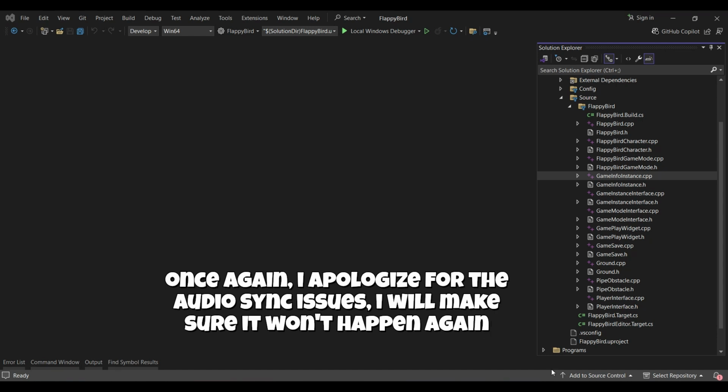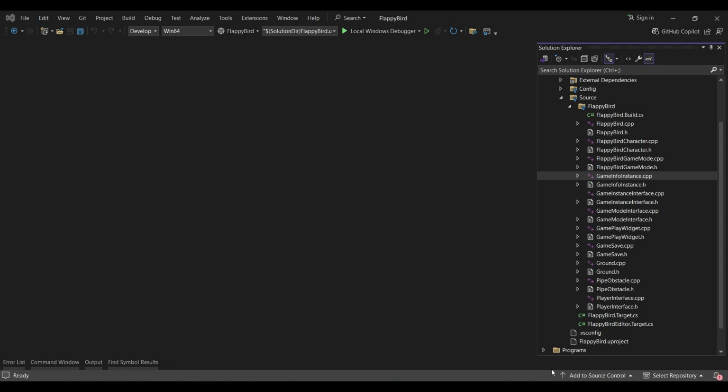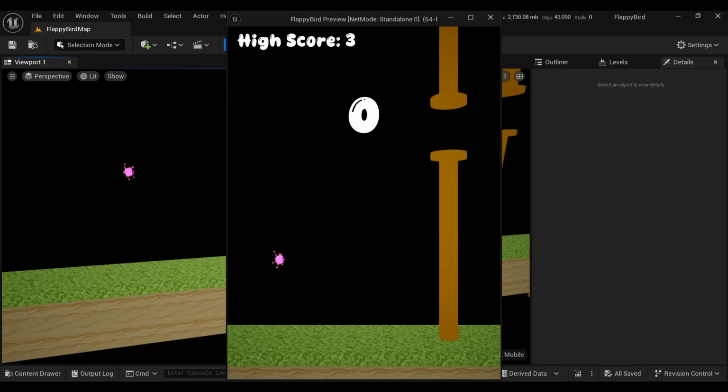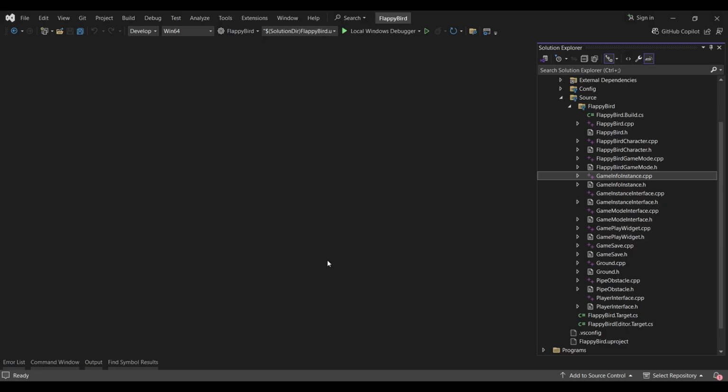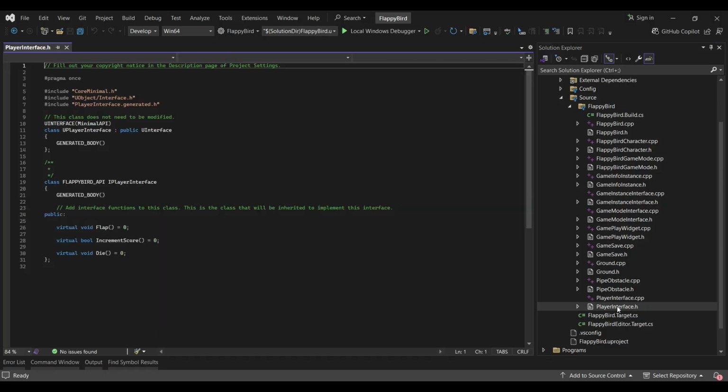Hello everyone and welcome to part 5 of our Flappy Bird tutorial. In this last part we will be creating a game start condition. So instead of immediately starting the game, starting to flap like this, we will create a tap to start button